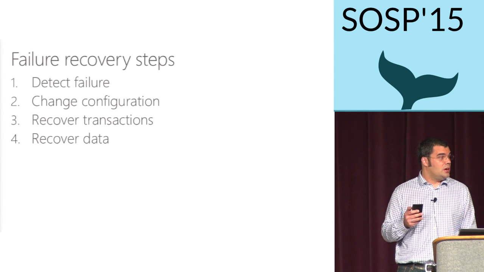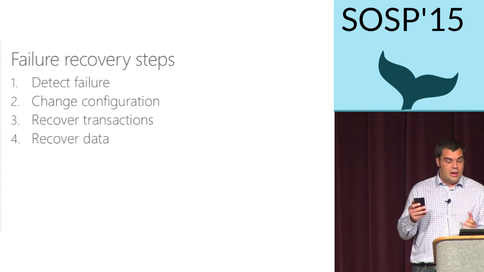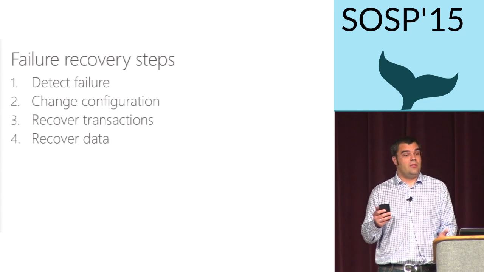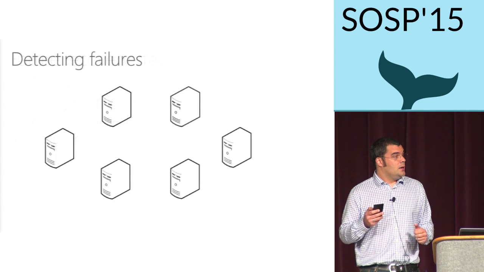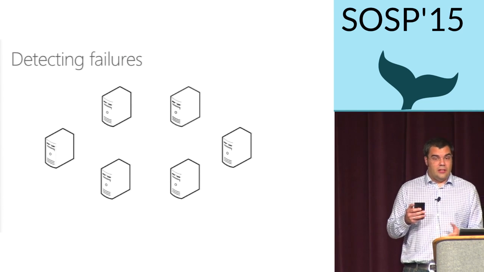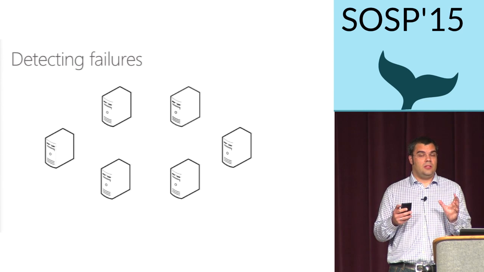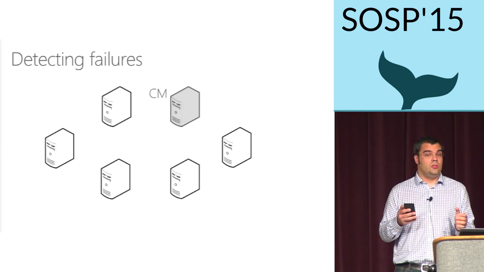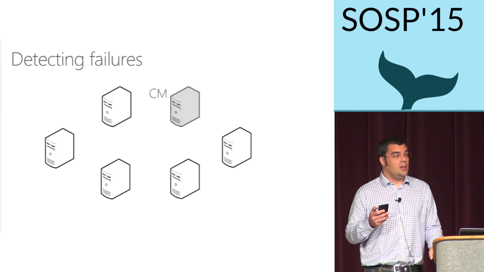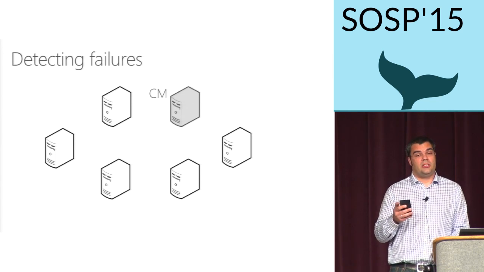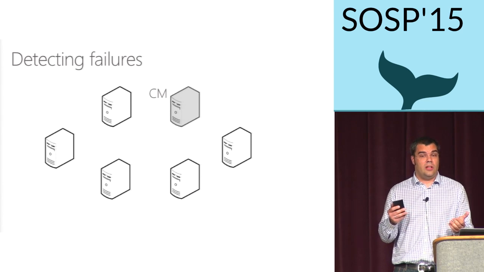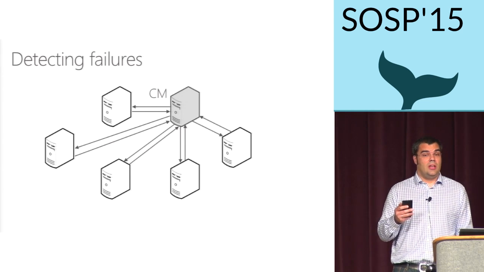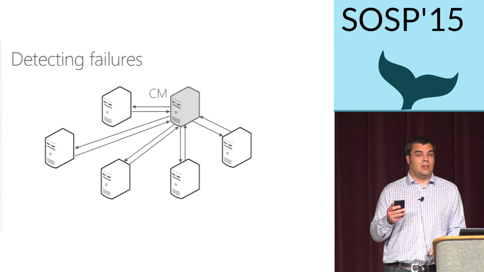Now, how does the failure recovery actually work? From a high-level view, it works very similarly to other similar systems. The first step is to detect a failure, and then we can recover transactions and data. To detect a failure, a single machine in FaRM has a special role, called the configuration manager. Its goal is to detect failures of all the other machines in the cluster. This machine performs all the application and transactional work like the other machines, but in addition, it also detects failures of other machines by exchanging heartbeat messages with all of them.